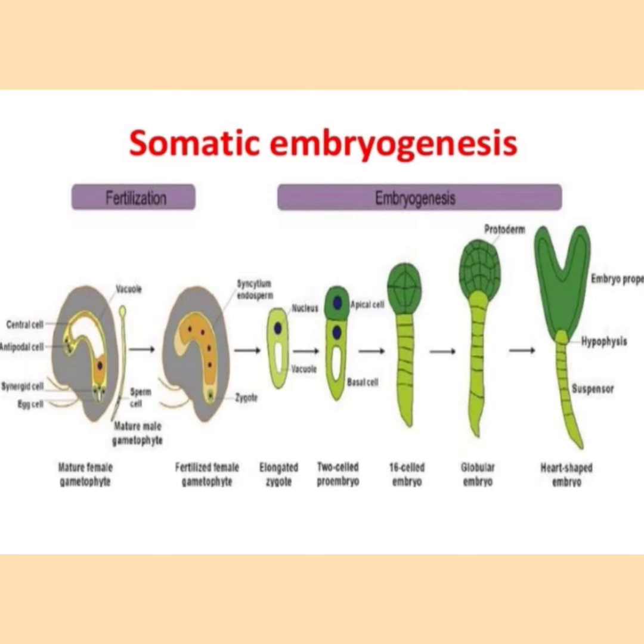In this you can see how somatic embryogenesis is done, where the male and the female gametes fuse to form a zygote, and this zygote slowly enlarges to form an elongated zygote and a 2-cell pro-embryo, and an 8-cell and then 16-cell embryo, and results in the formation of a globular embryo, and this forms the heart-shaped embryo. This is how embryogenesis is done, which helps the development of seed production as well as